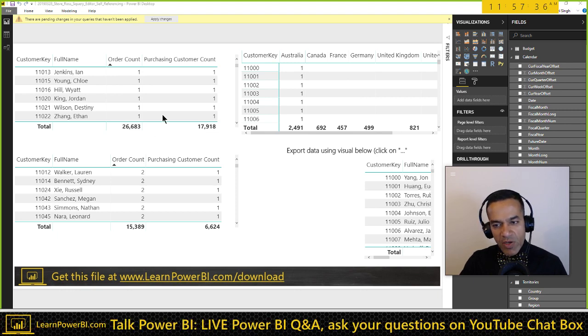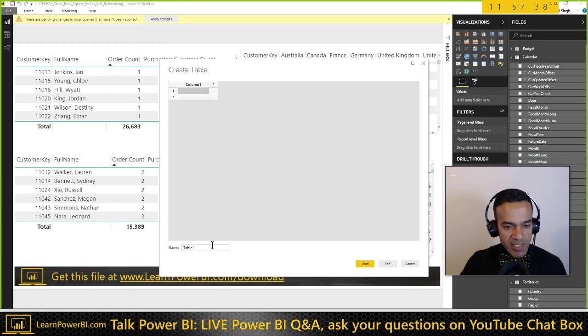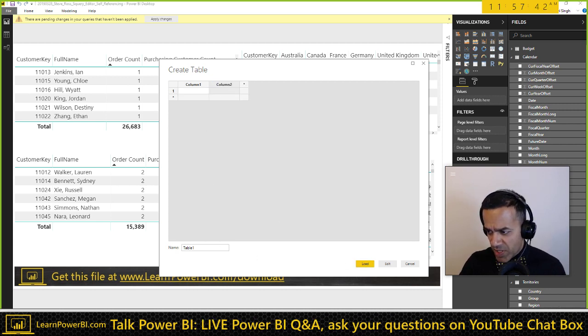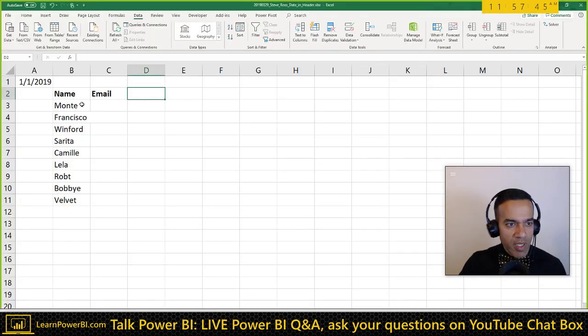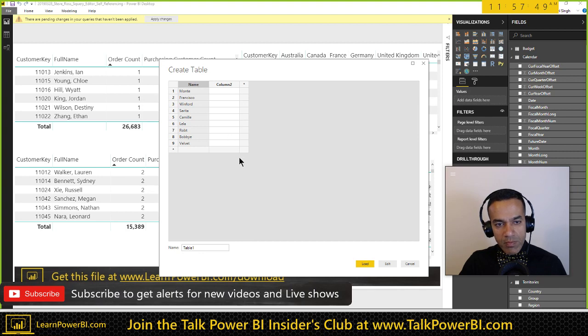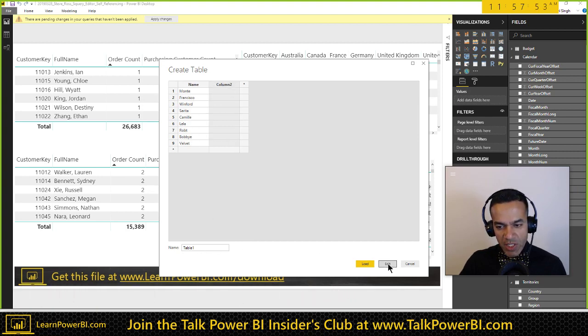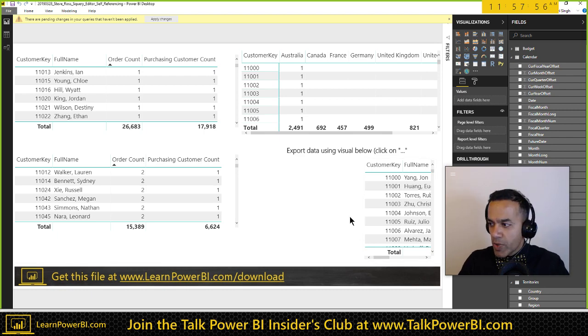But Saurabh's question is, how do you change that? And yeah, it's pretty easy to change it. And you can copy paste data here as well, by the way. So you can go in here and do this, and I could paste that, right? But then how do you change it? Well, you change it in the query editor, and I'll show you where.